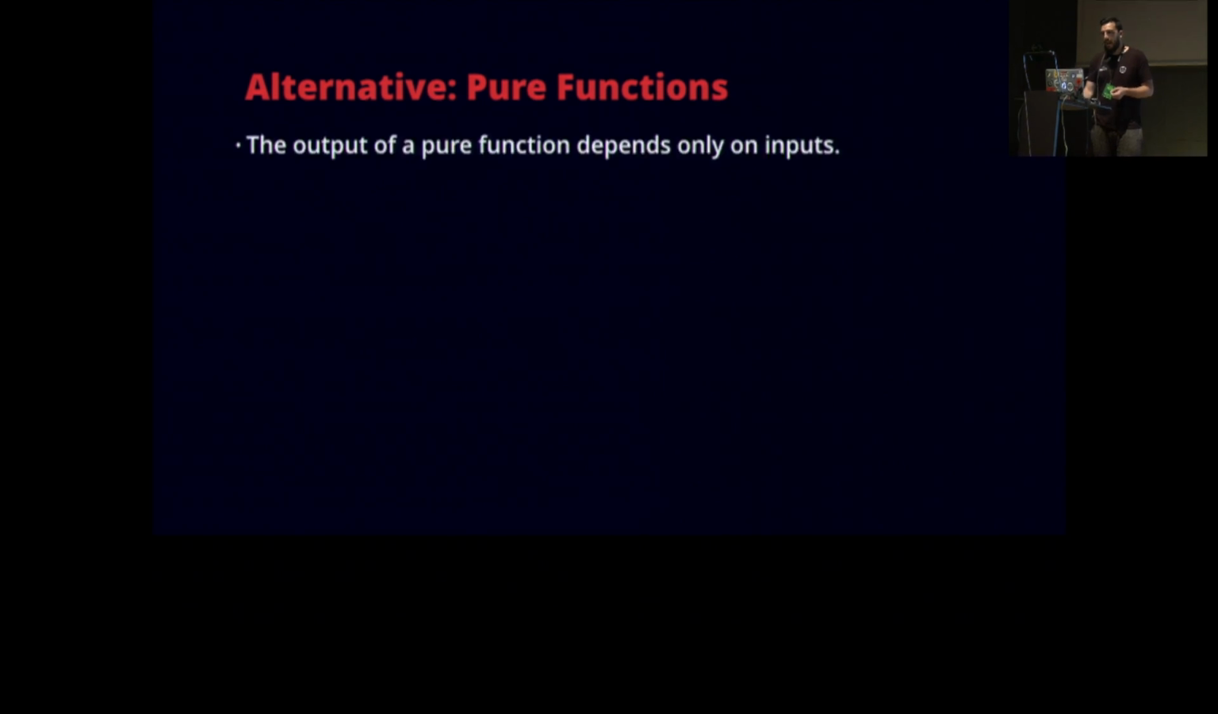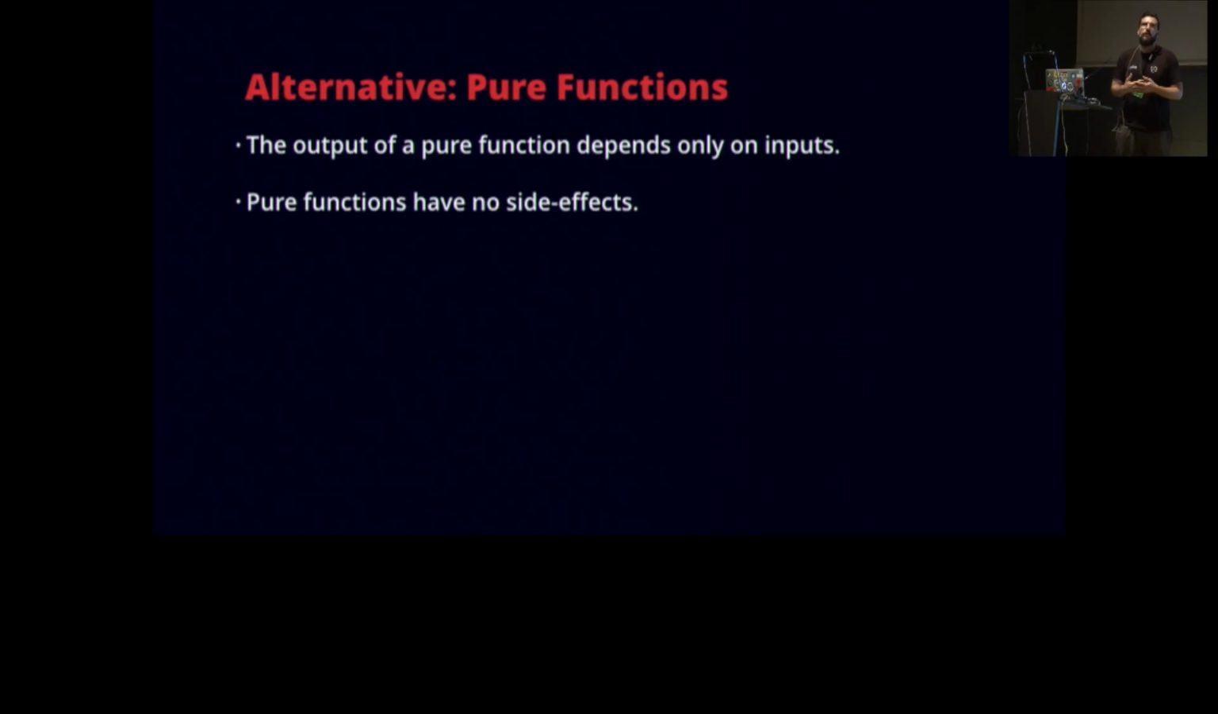The alternative approach is to try and use pure functions. The idea with a pure function is that the results of it depend only on the inputs into it. So if you pass in A and B, you'll always get the same result out. There's no external state that this function is dependent on. Pure functions also don't have any side effects within your system,